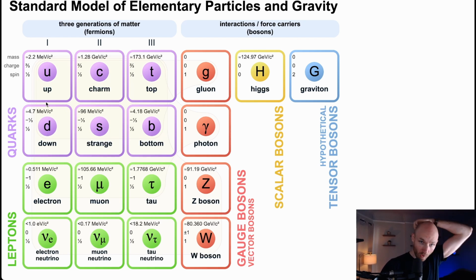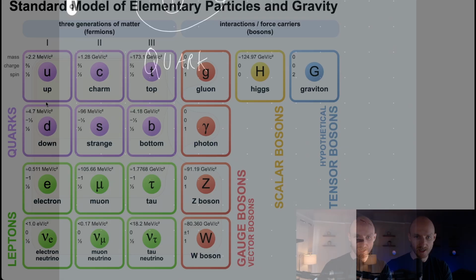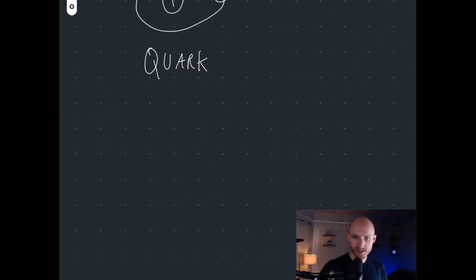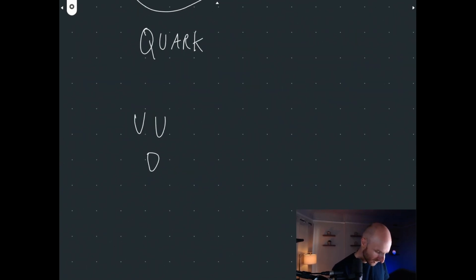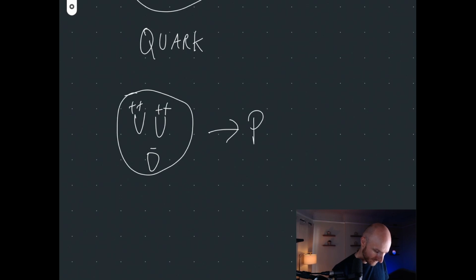So these quarks, the up and down quarks, are what a proton is composed of. If we go back to this image here, you can see these little up and down quarks. You have a little up quark, and another little up quark, and a little down quark. UUD. And these up quarks have a positive charge. The down quarks have a negative charge. And they are combined together like all good things, and that creates a proton.